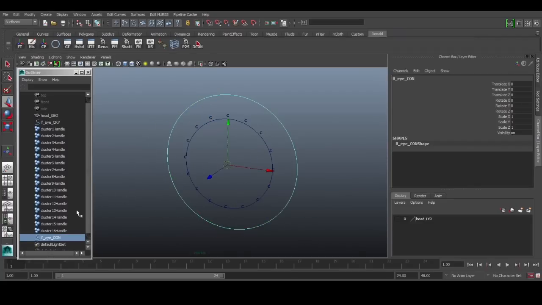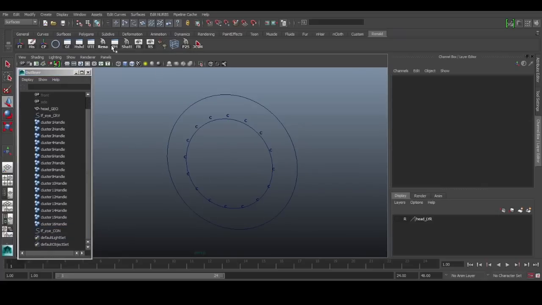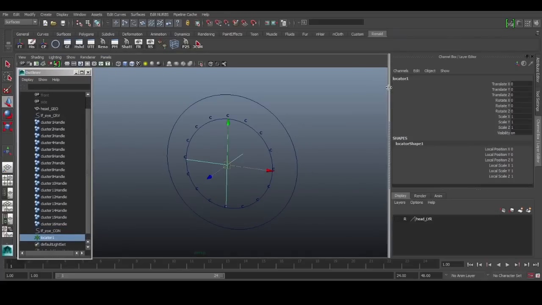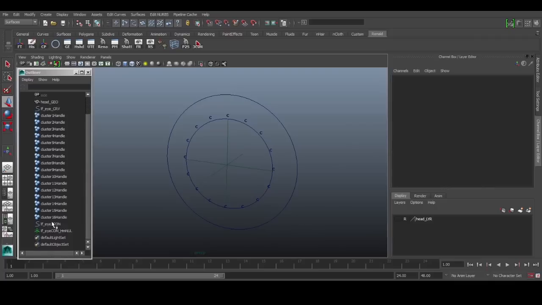Also, we'll add a locator on top of this controller. We'll just create a locator, and we'll call this locator left_eye_home, HMNUL, and then we'll parent the controller under the home null.